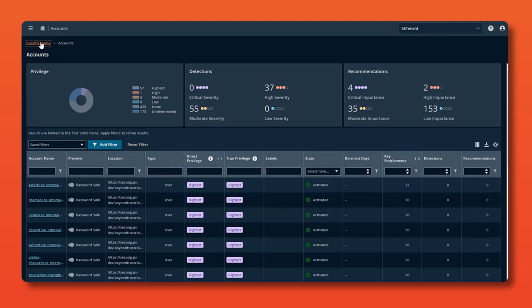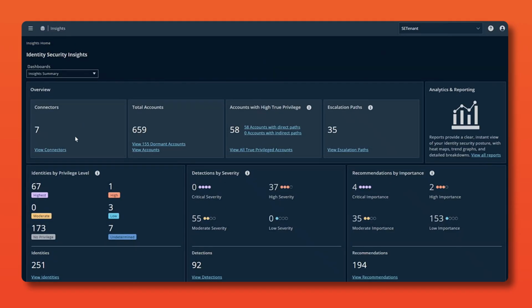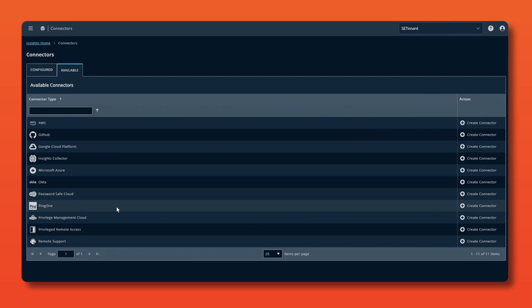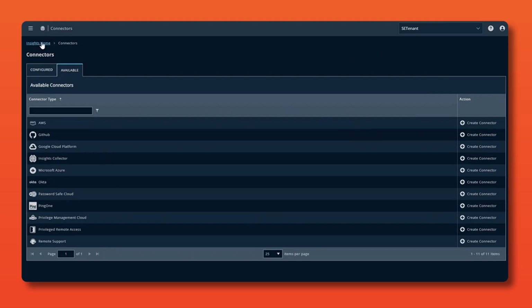The tool is designed to ingest identity data from multiple IDPs, including third-party solutions, such as Ping Identity. Identity Security Insights leverages connectors to our BeyondTrust portfolio products to gather data from password safe, privilege remote access, privilege management, and remote support. It also connects to various identity providers such as Ping Identity, Azure Active Directory, Global Active Directory. The connectors are the source of data for the tool, and it's very simple and extremely intuitive to set